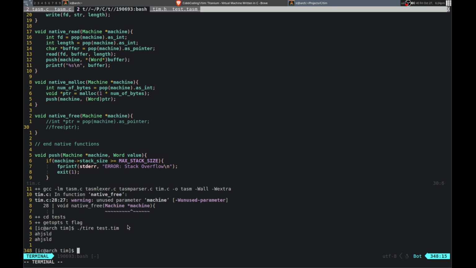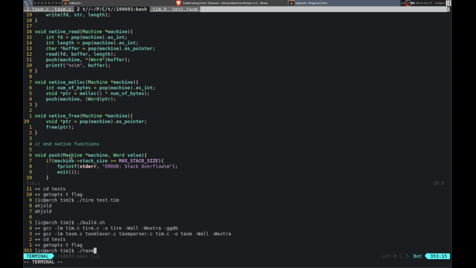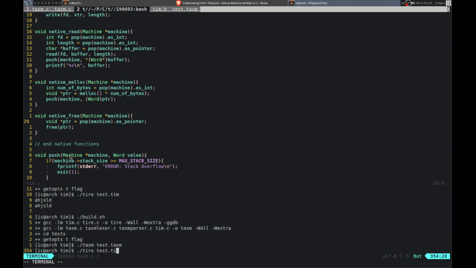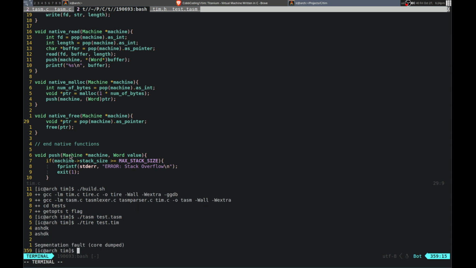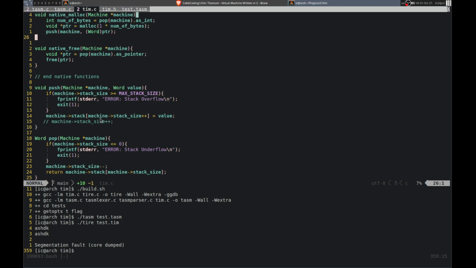Yeah, so it syscalls when we try to free it. That's not good. That needs to be that actually. That, and it's still syscalls. Yeah, so the pointer is, so when we push it, it is not the same, because we're actually creating a copy of it. Yeah. So can we make